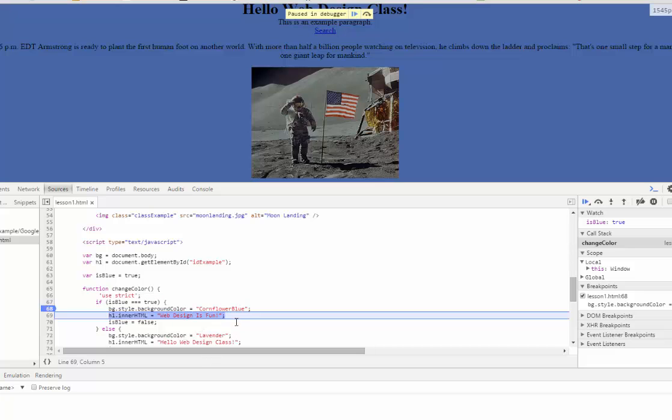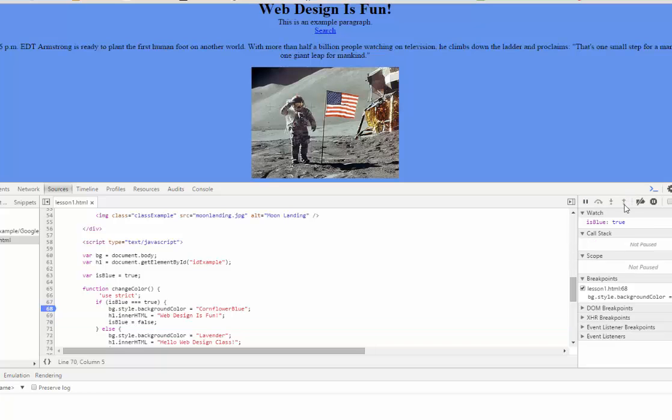And then it still says hello web design class. That's because this line hasn't executed yet. It will as soon as I push this one more time. So I'm going to click it one more time, and there is the text change. All right, so if I went